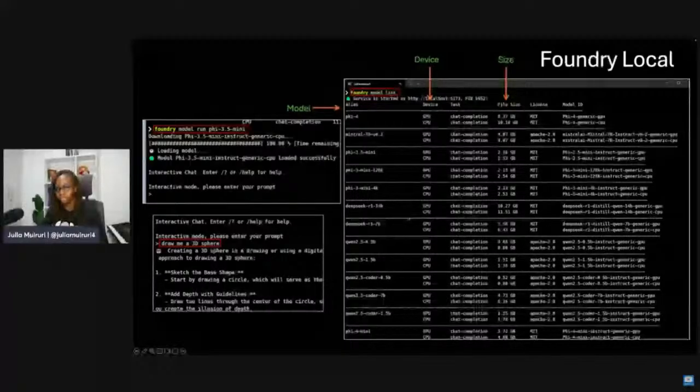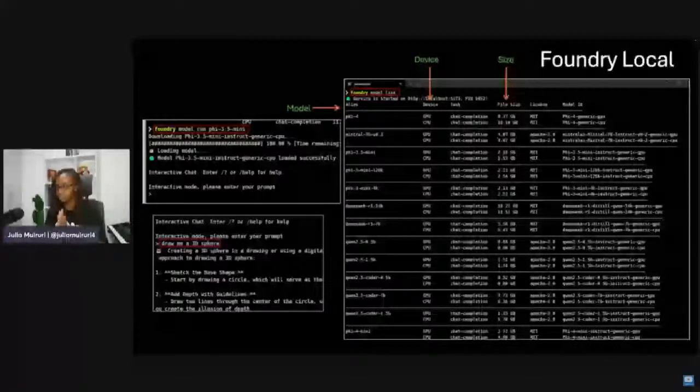And then we have the file size. So as you can see, we have really small sized models that can comfortably run on your computer. So basically this will be like the entry point. We started this month's Build-a-Thon on GitHub models, but the next iteration will allow you to work in a completely offline environment, which for me, I think is a really cool addition to our resources.